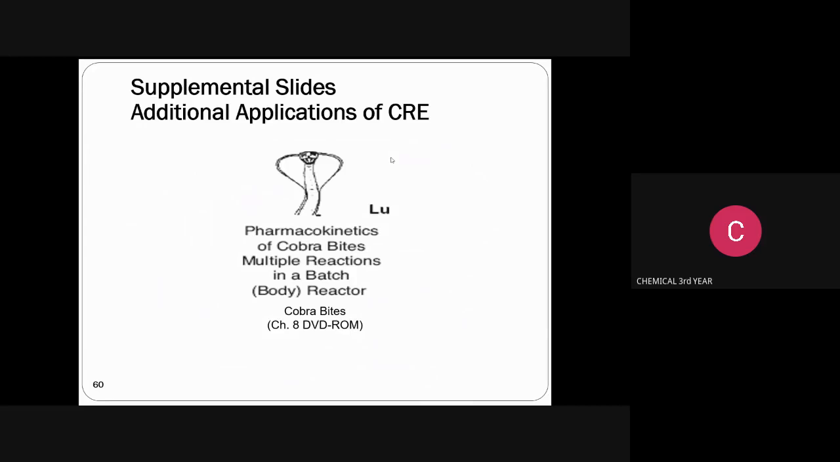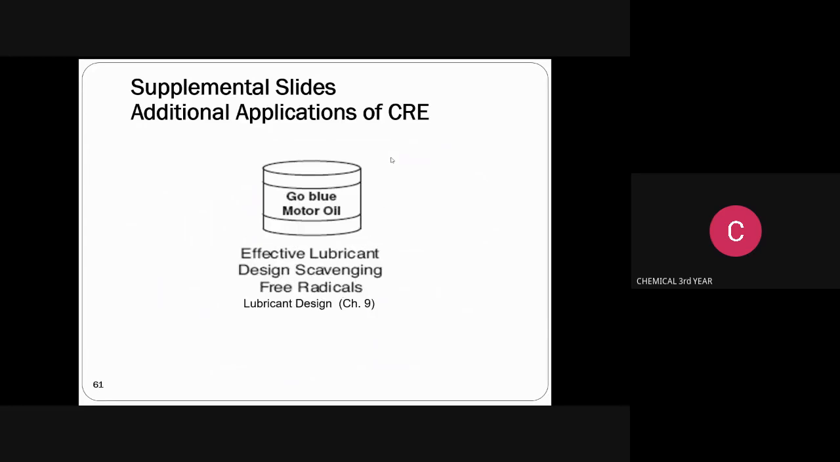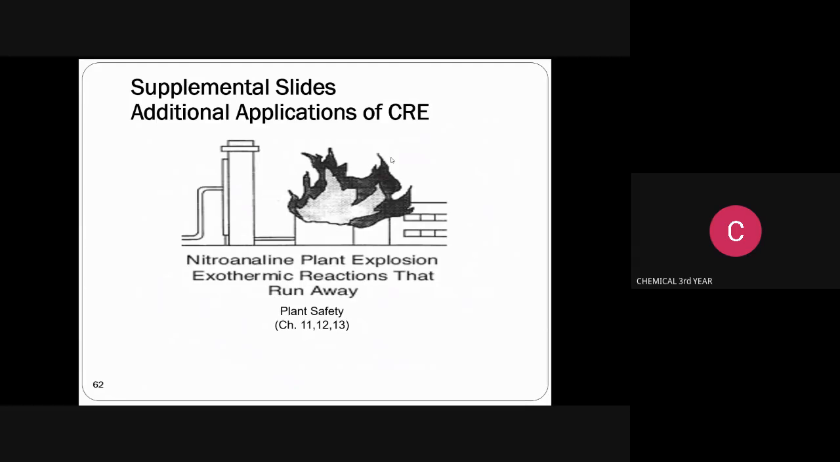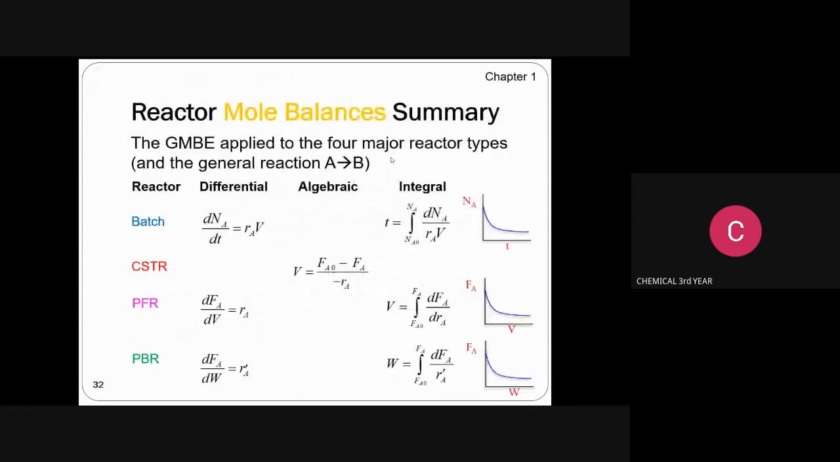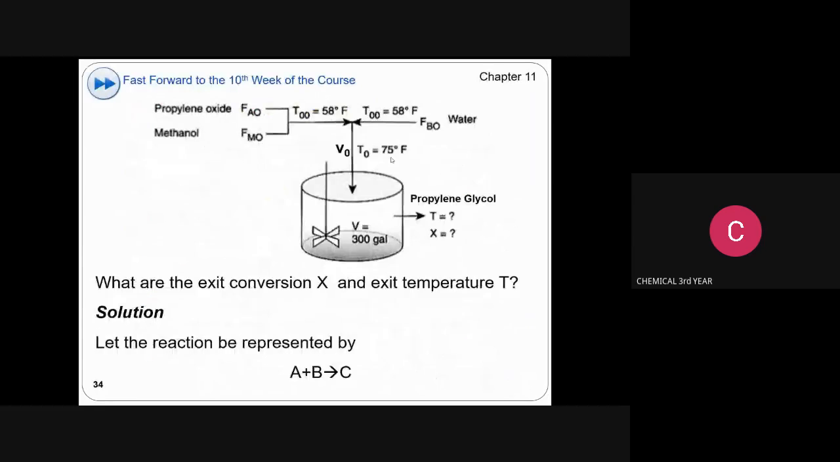This is the pharmacokinetics of multiple reactions in a batch reactor, combined with lubricant design, nitroalkaline plant explosion, and exothermic reactions that always run away. This is the simple form of the basic addition equation. Before that, we have to know about the